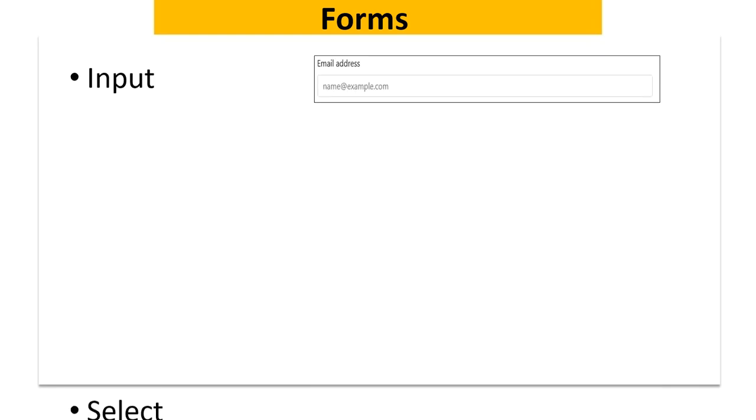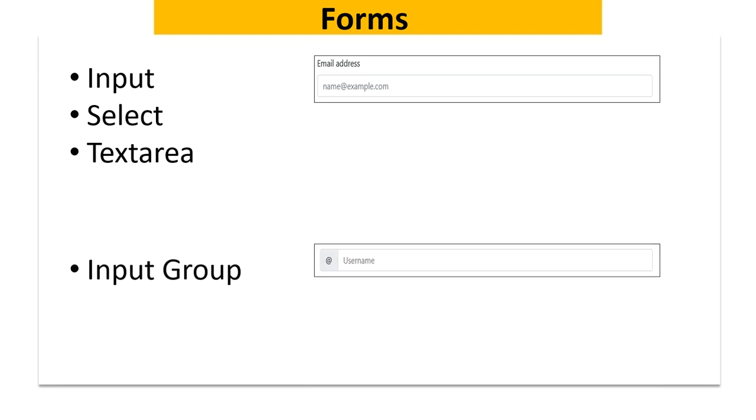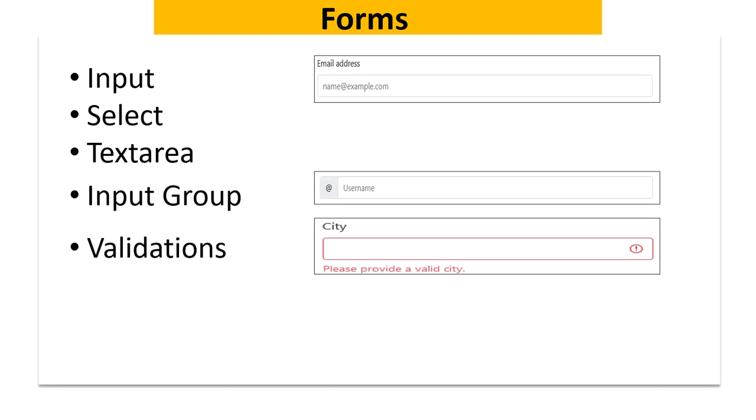Next, once we learn about data display, we need to know how to accept the user input. In HTML, we accept the user input by creating the form. In the form, we are going to create the input field, select field, or text area field. So, in the form section, you are going to learn how to style the basic form controls, as well as some add-ons like input group. So we can add something as part of the input set.